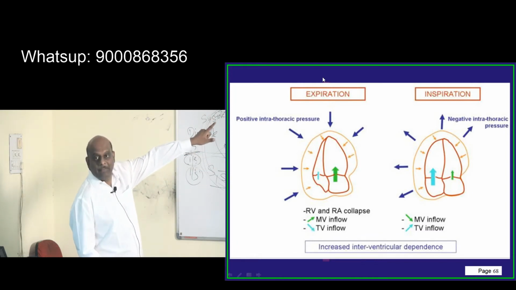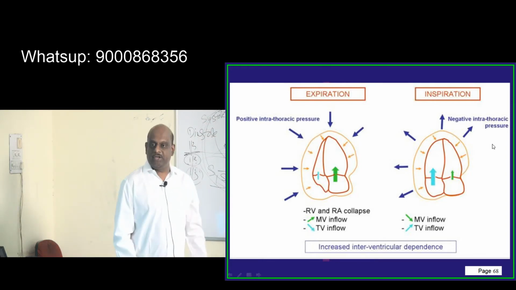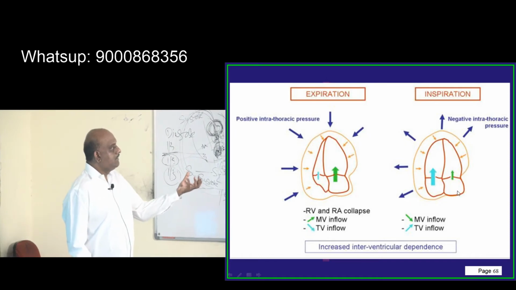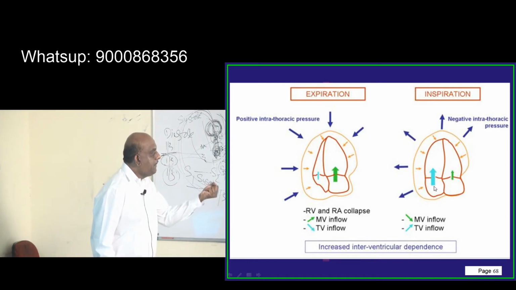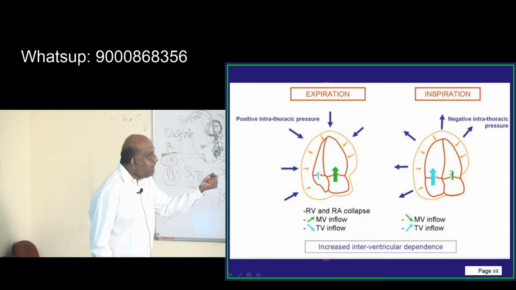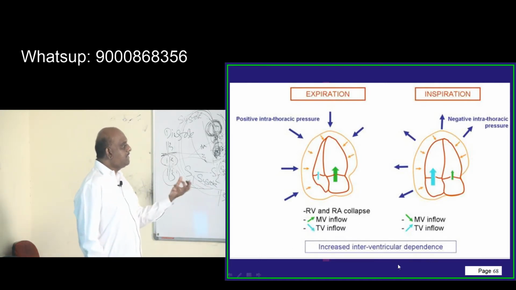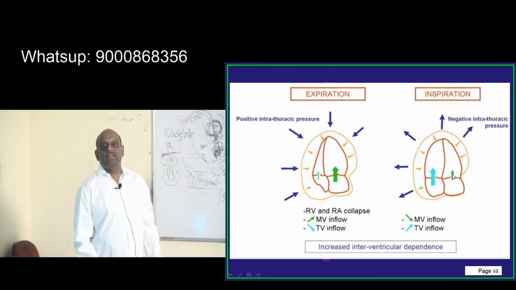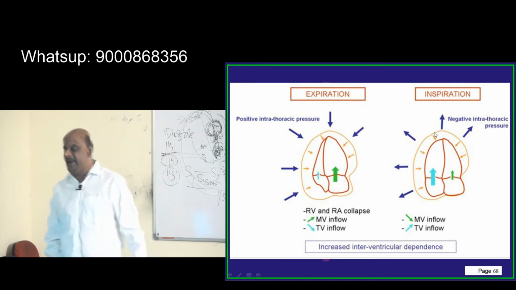That is what happens in expiration. Then in inspiration, there is a negative intrathoracic pressure that will suck the blood and make the tricuspid valve inflow increase, and the mitral valve inflow will diminish. So this increased interventricular dependence with expiration and inspiration, demonstrating it on the 2D echo, is another important indicator of